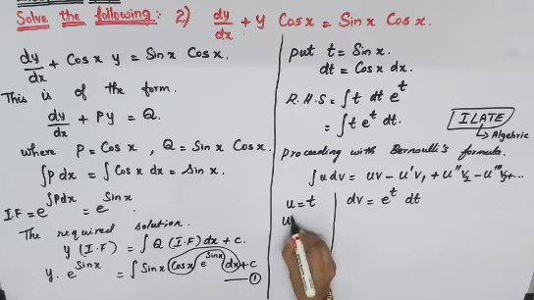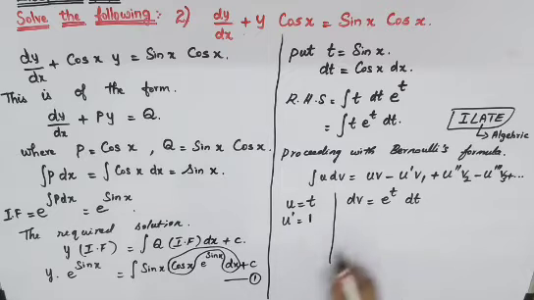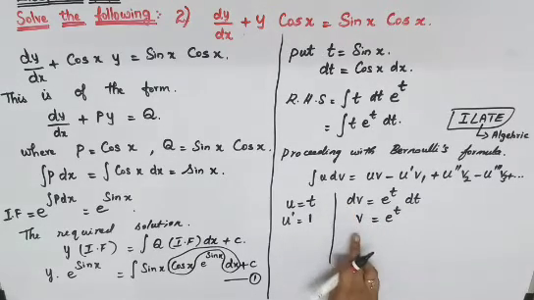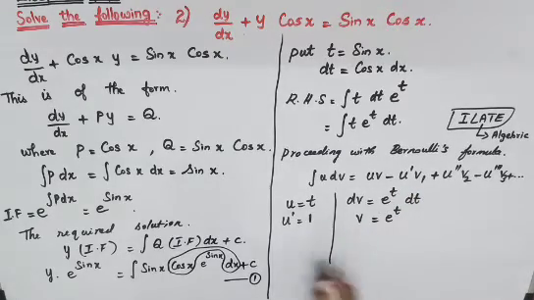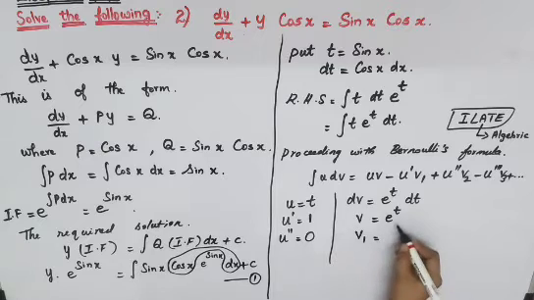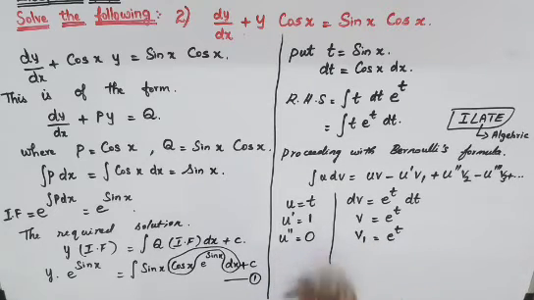Here differential, that is u dash, is equal to 1 when you differentiate t. Then here it is v, when you integrate e power t it is e power t only. Now u double dash, differentiating 1, will become 0, and v1 is the integral of e power t, which is again e power t only. Till you get your 0 we have to proceed. Since we have got 0 here, we can stop.